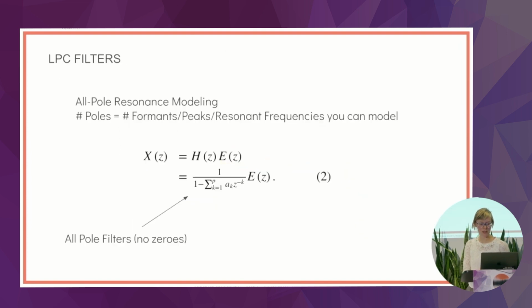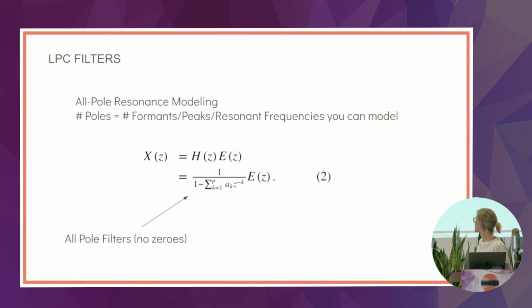It's an all-pole resonance model. Poles means just that there's no zeros in your filter, in the transfer function. If we're modeling this as X(z) being our speech out, E(z) our source in, and H(z) the transfer function that we're putting on top of it,